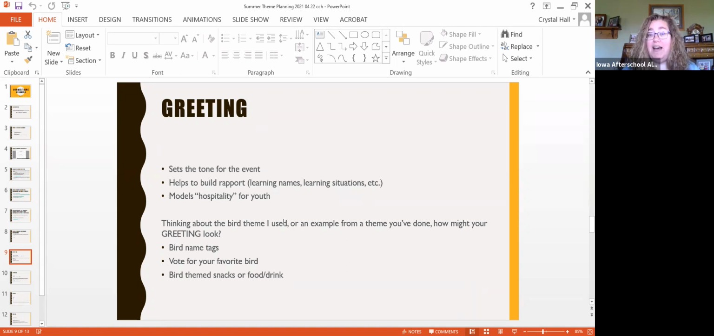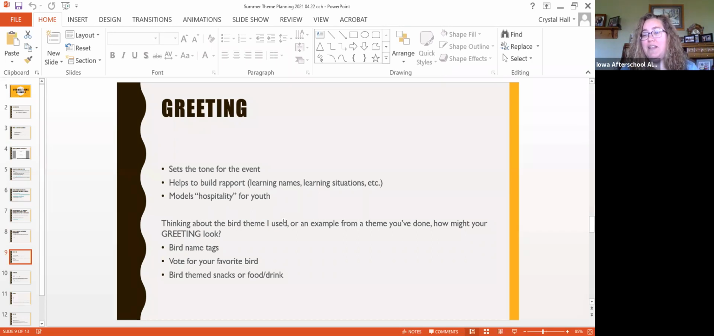Another way that you can give youth some voice is to have them take mom and dad over to a survey wall. Mom, dad, take this sticker, vote for your favorite bird, and then we can certainly take a look and see what the winner is and so on and so forth. And then, of course, bird themed snacks, food or drink. Maybe we make a trail mix or something of that nature that has some nuts or seeds, pending allergies, of